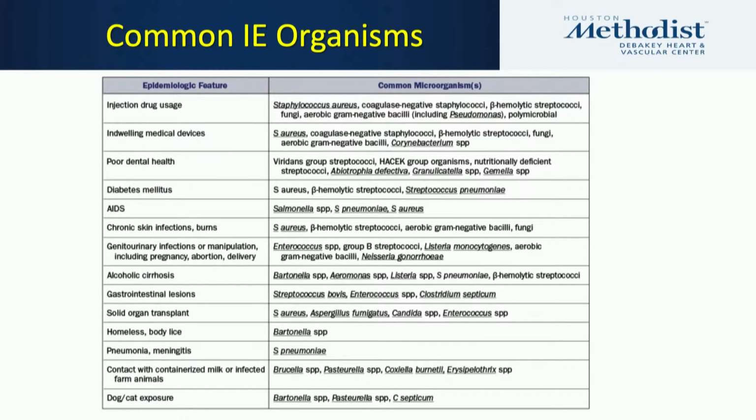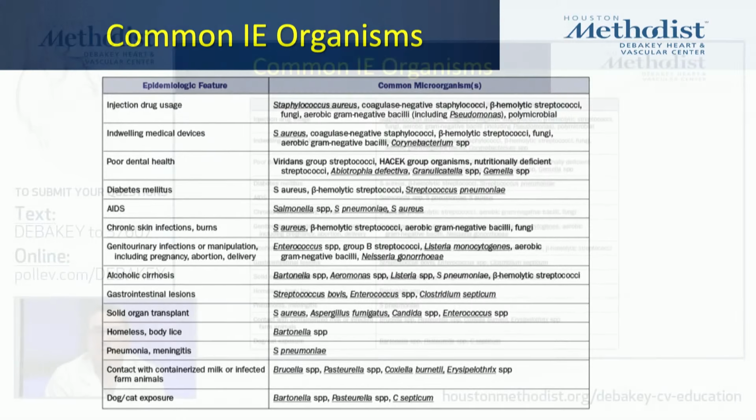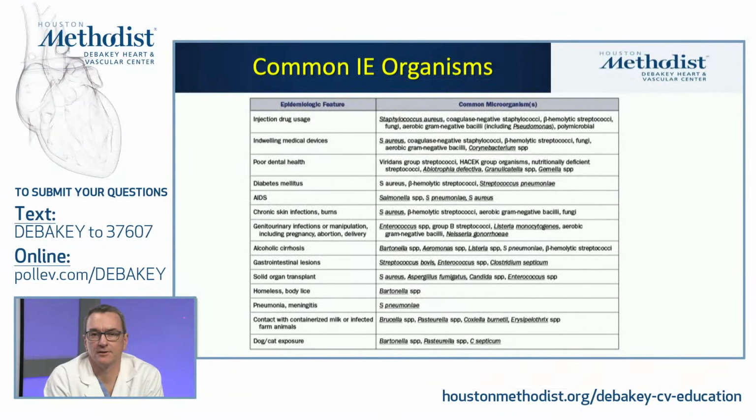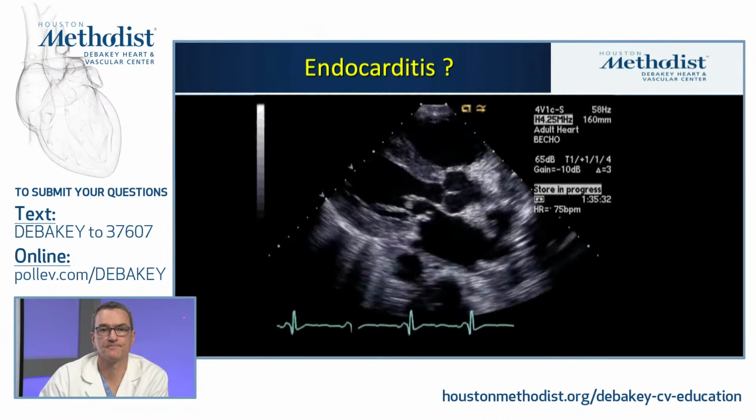This list has changed over time as we have an older population, and a greater proportion of our population has indwelling intracardiac devices. That certainly leads to a different collection. We also have more and more patients who are in some fashion immunocompromised, whether through disease entities like diabetes or after solid organ transplantation. Typically, those organisms at the bottom of the list, the farm animal associated, the pet associated, are often diagnosed with difficulty, usually with the assistance of an infectious disease specialist.